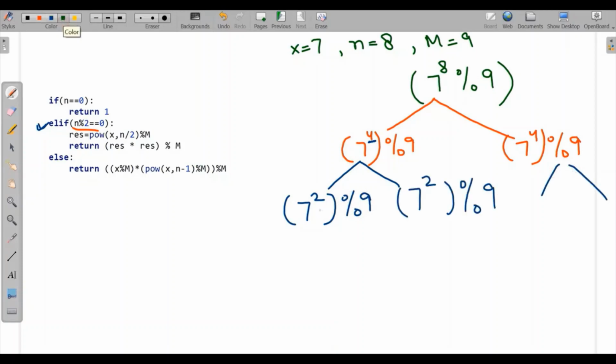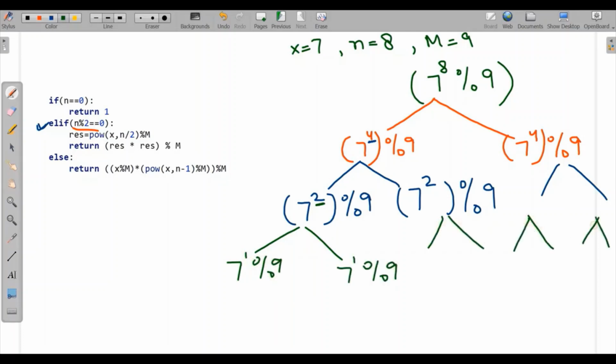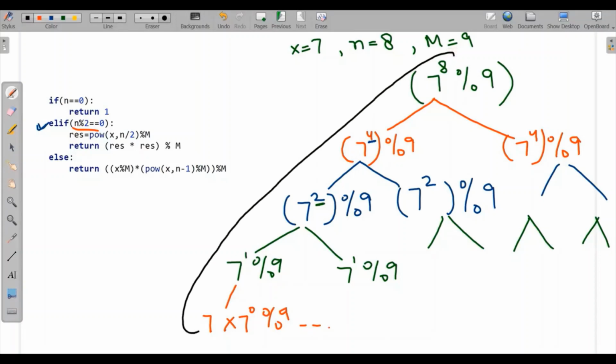Then again it will check 2 is even, so here again it will distribute into 7 to the power 1 mod 9, and similarly. Now 1 is odd, so here it will go to 7 into 7 to the power 0, then mod 9 and 7. So here you can see we have distributed the whole program into single.